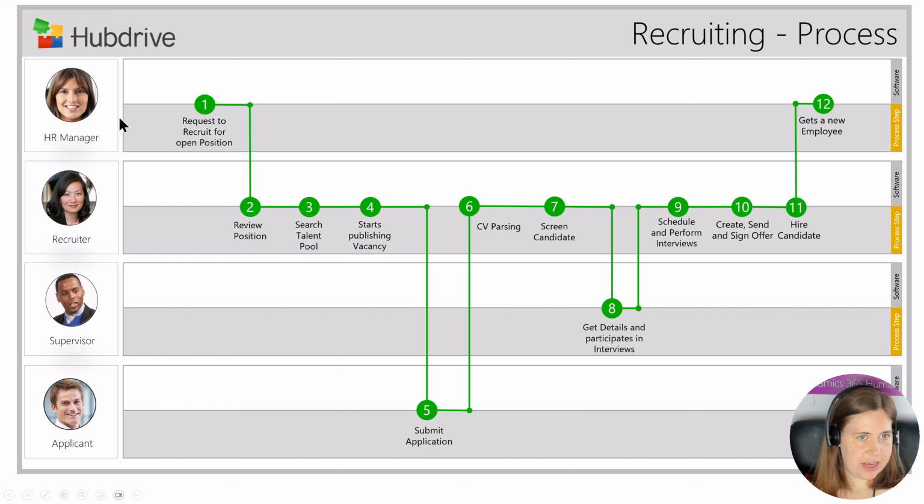And if they do not have somebody yet in their talent pool who they can hire right away, they can create a vacancy and start publishing with just a few clicks. The applicant can see the vacancy, submit their application, and that application is sent straight back to the recruiter, who can then with just one click parse the CV of that applicant to add all information to the system, screen the candidate to see if they are a good fit for the position,